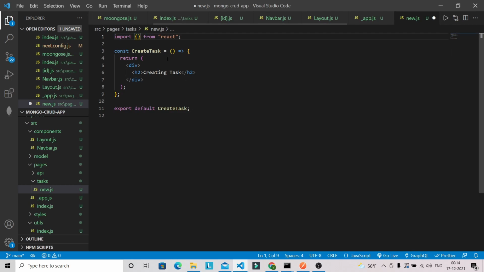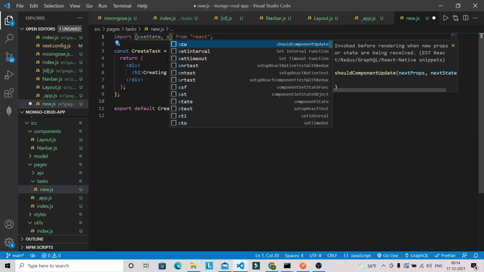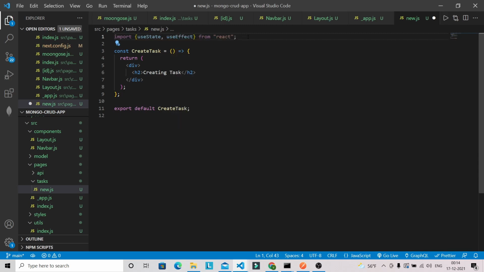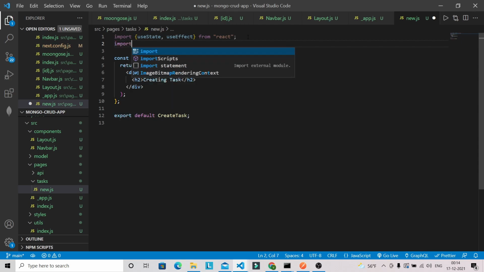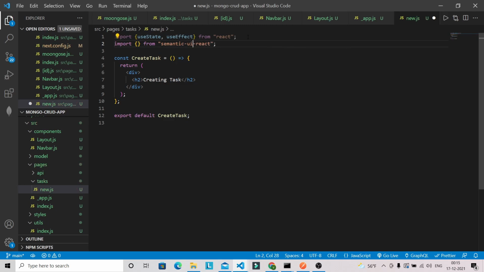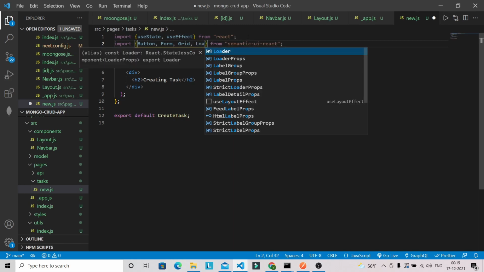We need to bring some hooks like useState, useEffect. Okay, and again we need to bring some components from our Semantic UI. So the components are Button, Form, Grid and Loader.